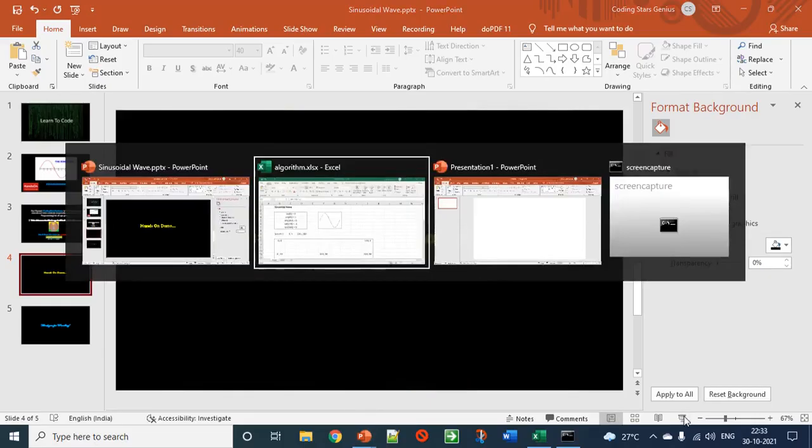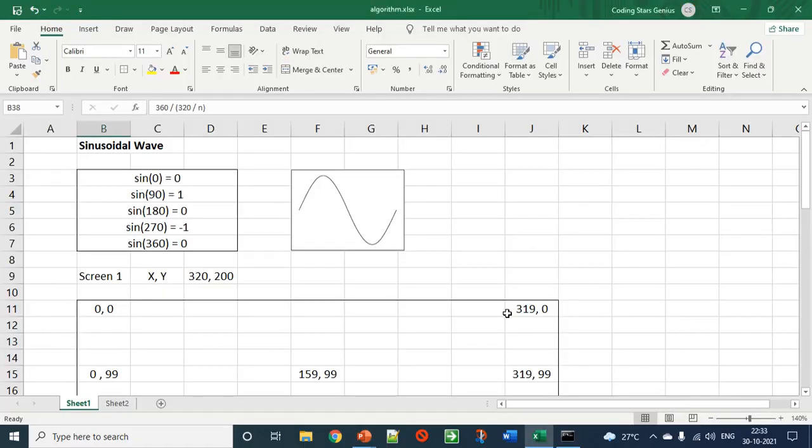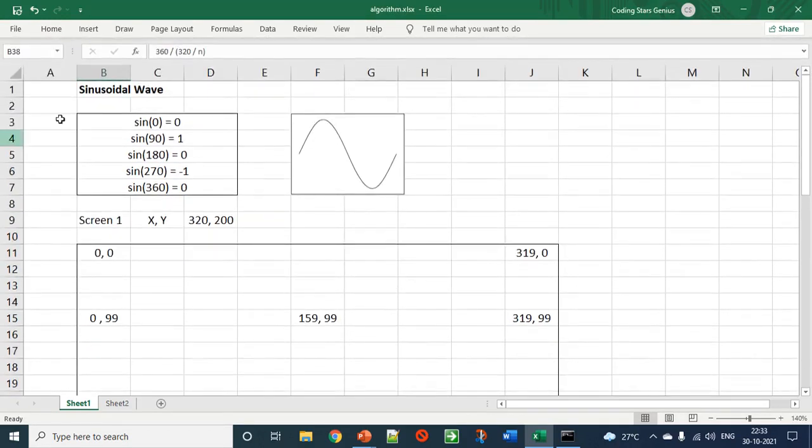Okay, so we'll get a hands-on demo straight away. But before that, let's study what a sinusoidal wave is. There is a briefing on this screen.